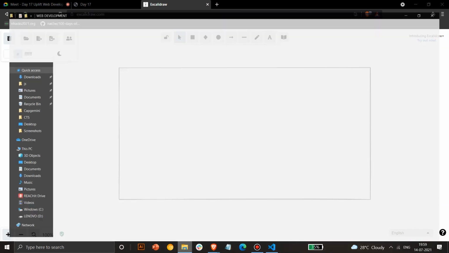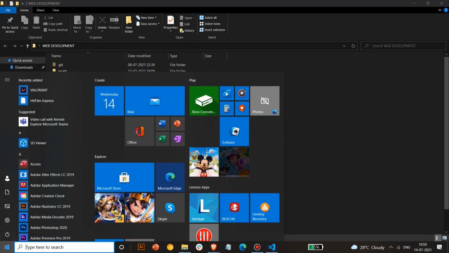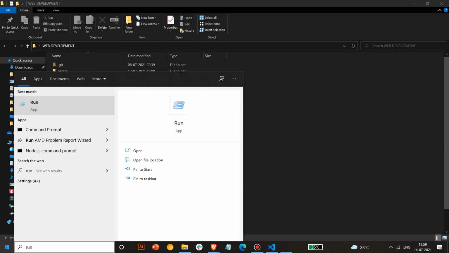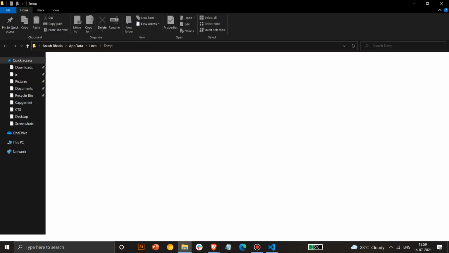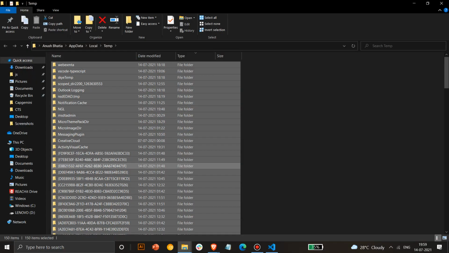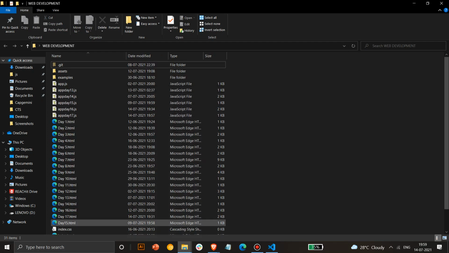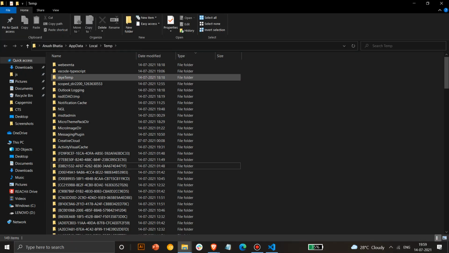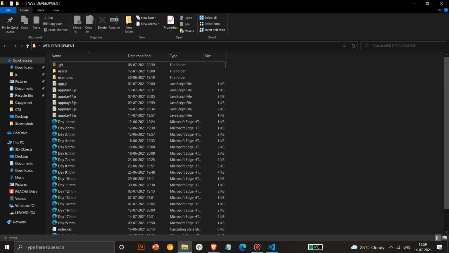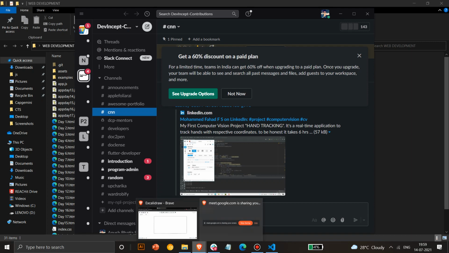And if you delete your cookies, if you go to run and type %temp and delete everything in there with Control A and Shift Delete, then this data will be deleted. To clear this out, if you haven't done this, is really helpful. This will reduce around 1 to 2 GB if you haven't done it from the start of the laptop. So this is how you clear cookies.